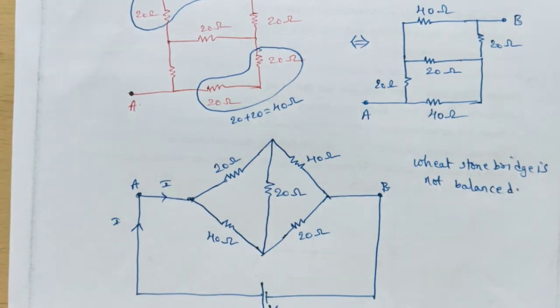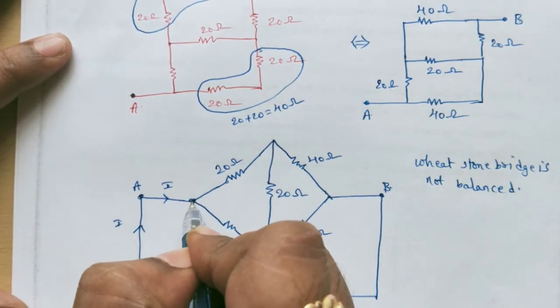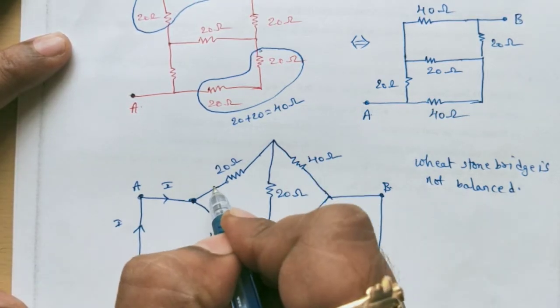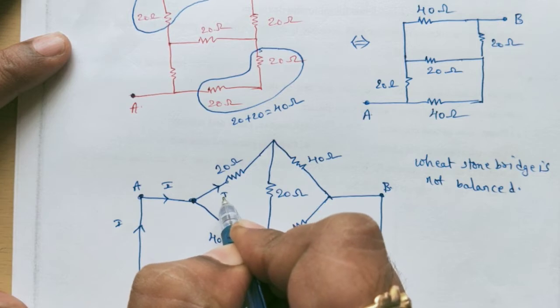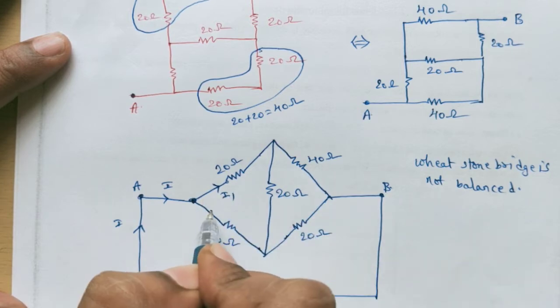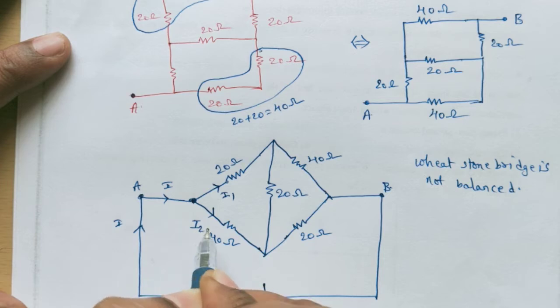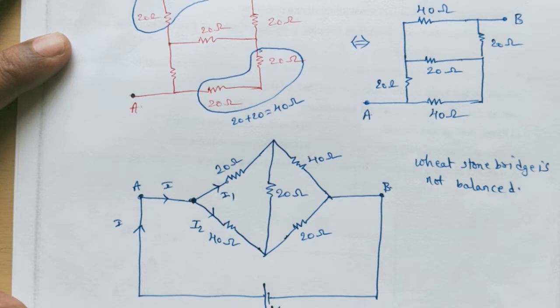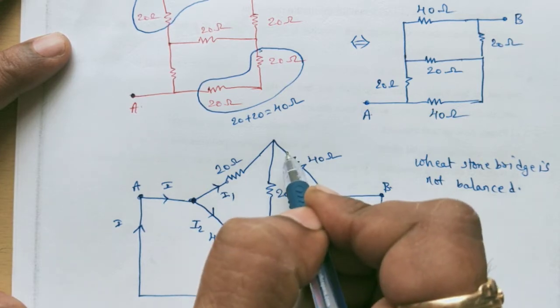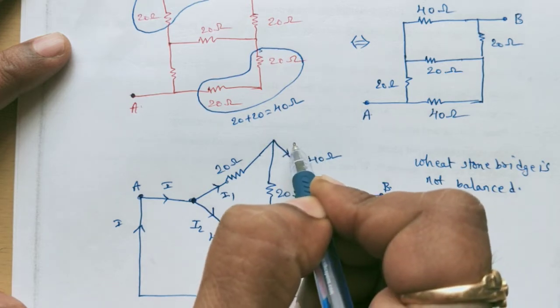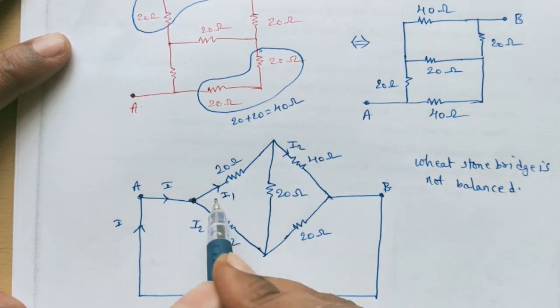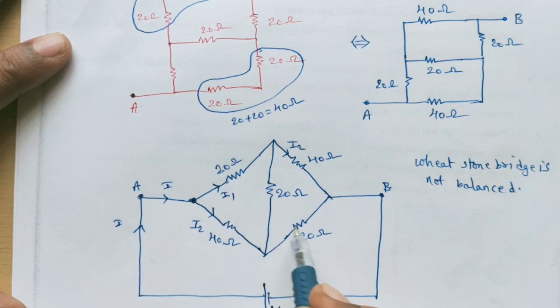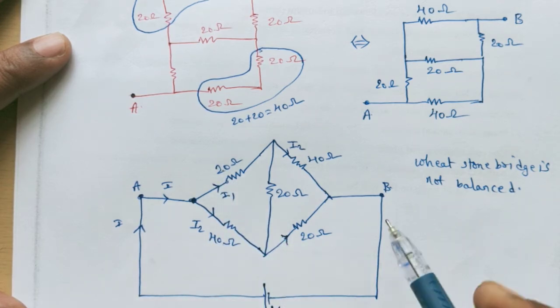Okay students, in this condition, what will we do? Overall how many routes are we observing? 2 routes we are observing. Along this one I am taking some current I1 coming, along this one some current I2. For example, this is A I am imagining. Here 40 ohms is present, here also 40 ohms, so compulsorily I am taking this one as I2. This is 20, here also 20, which means along the 20 ohms the same current will flow. Therefore I1 current is chosen here.